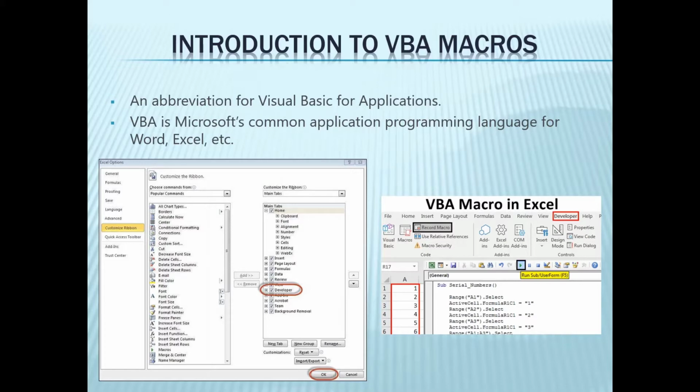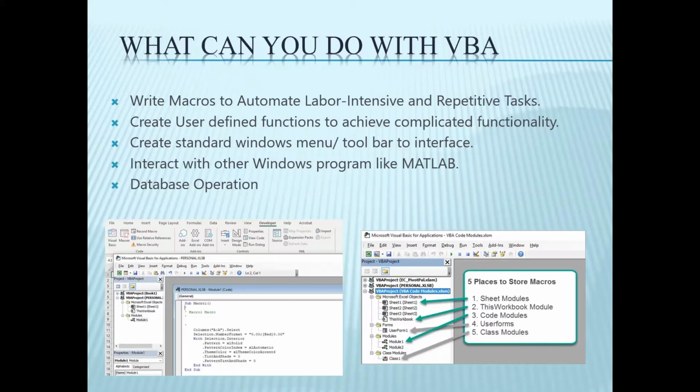So what I'm going to do in this screencast is show you how to make custom macros or shortcut keys. The video will be shown later. First we will see how to bring up the developer tab and how the code which runs behind the scenes is shown. Now what all can you do with VBA?